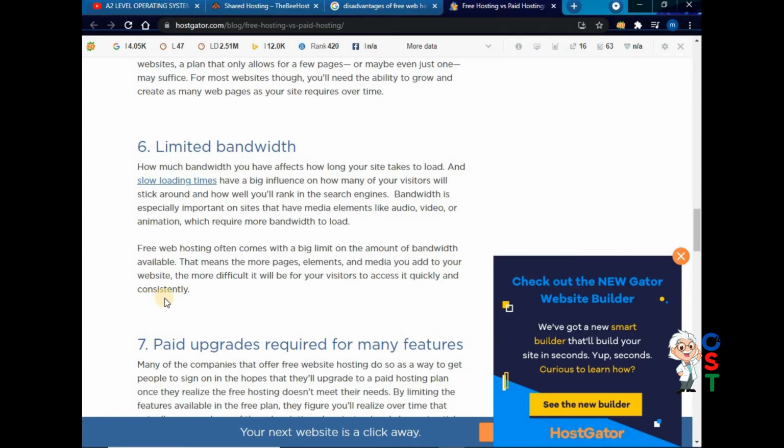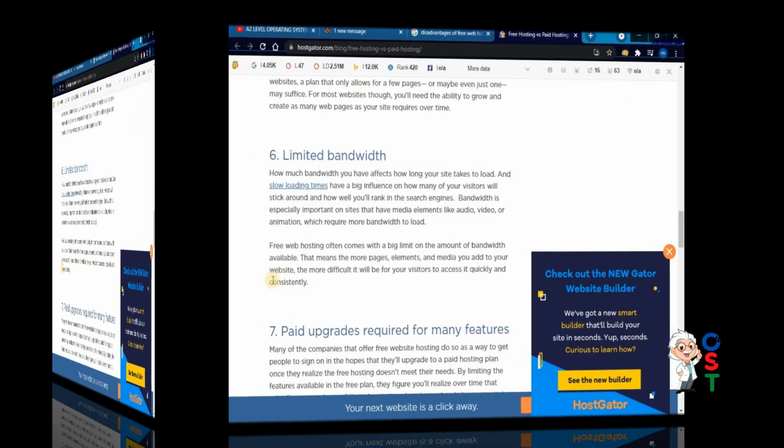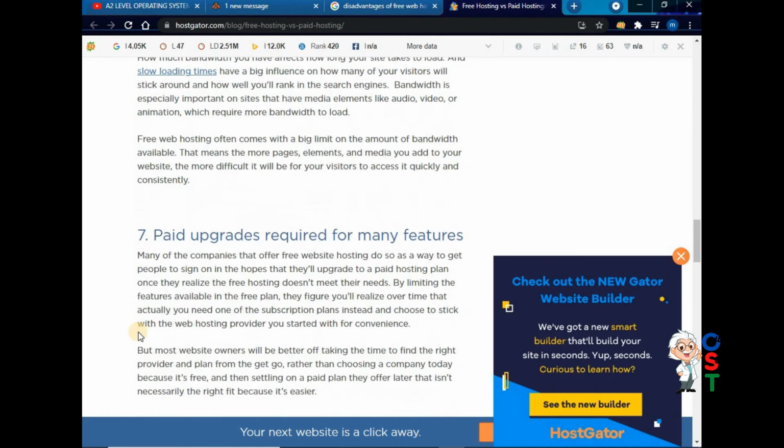So it should not be more than 4, 5, 6, 7 seconds. Otherwise, if your website is not downloaded within 10 seconds, then your visitor will leave and go somewhere else. Paid upgrades required for many features.